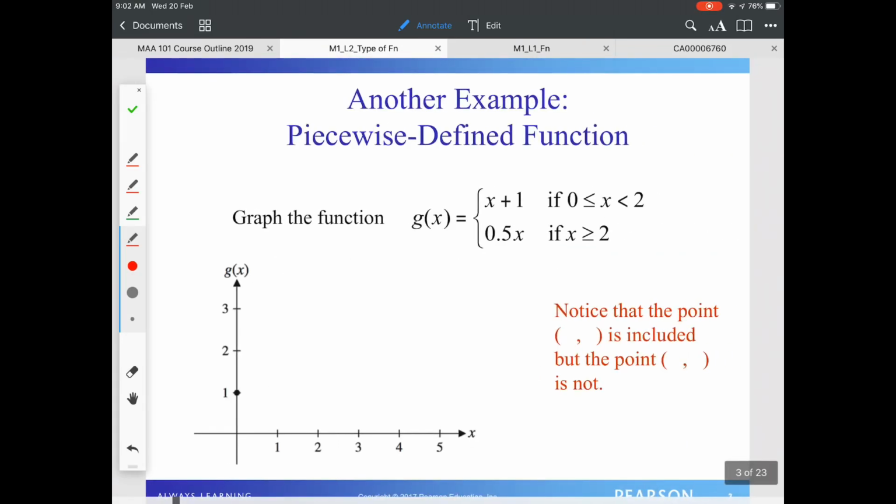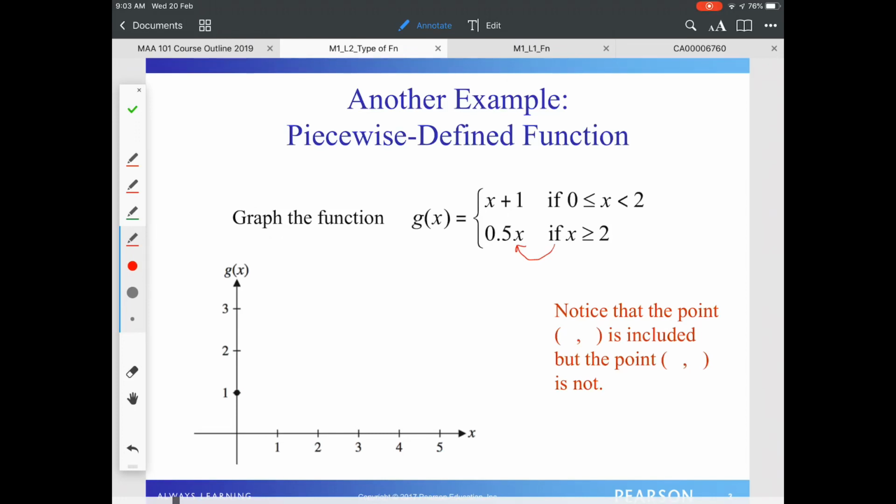I will do another example. This is another example of a piecewise defined function, whereby we partition into two domains. The first one is x plus 1 when x is between 0 and 2, not inclusive of 2, and when x is larger than or equal to 2, it will take the y value